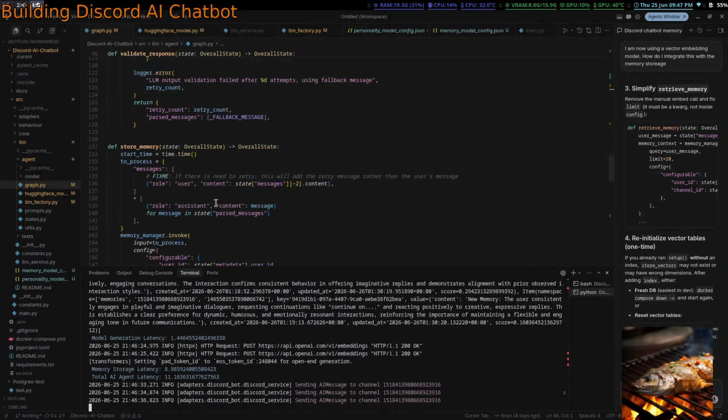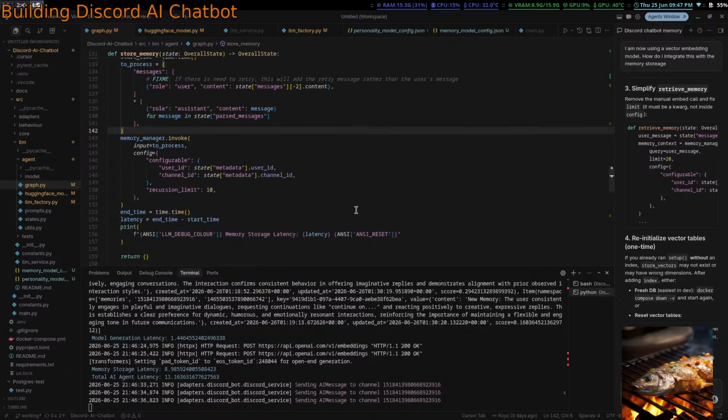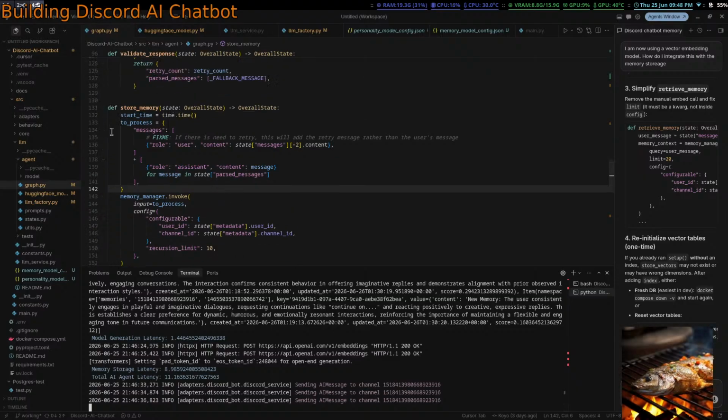Okay, I guess memory manager.invoke. I guess that's the only thing that we. How do I decrease this latency? Okay, we can just update the stuff asynchronously and store memory, right? But then comes the problem of, okay, you know what? That's for another time. So I was thinking that there might be a problem if we update store memory asynchronously,